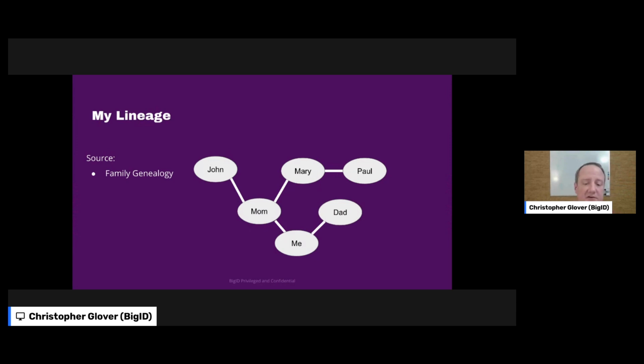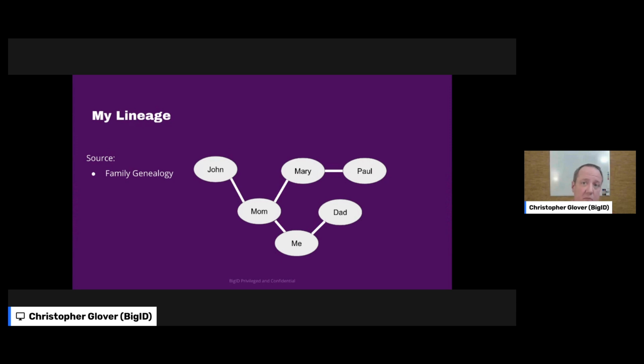But the simplified version of this is, hey, there's me, there's my mom and my dad, and then there are my relatives. And this is the story growing up, there was Grandpa John, Grandma Mary, and Great Uncle Paul. And if I wanted to know more about that, there were certainly tools available to me to go out and find out more. Certainly I could ask family members about my genealogy.